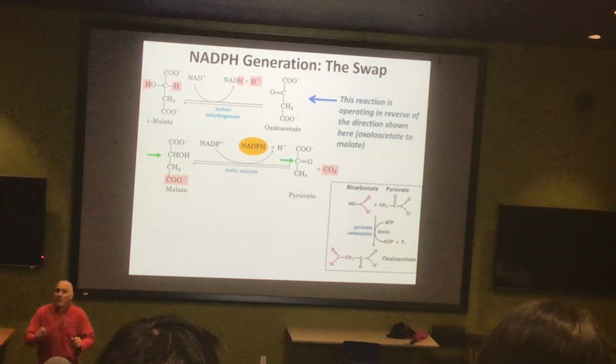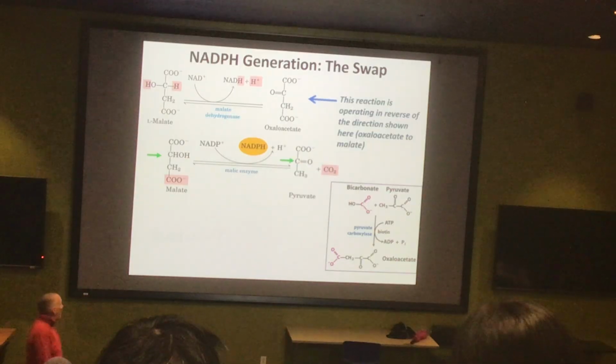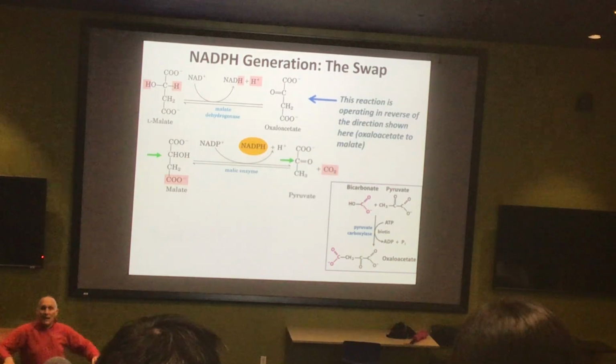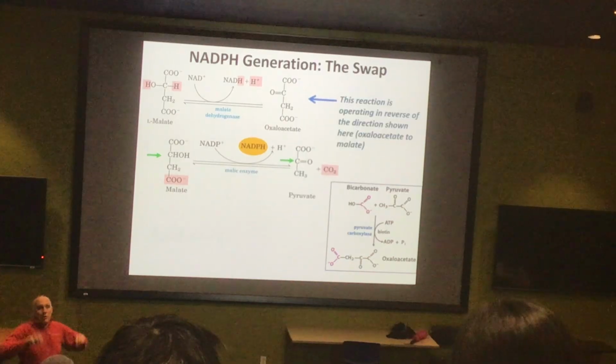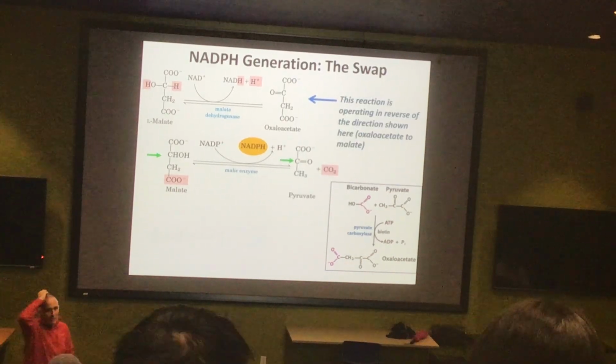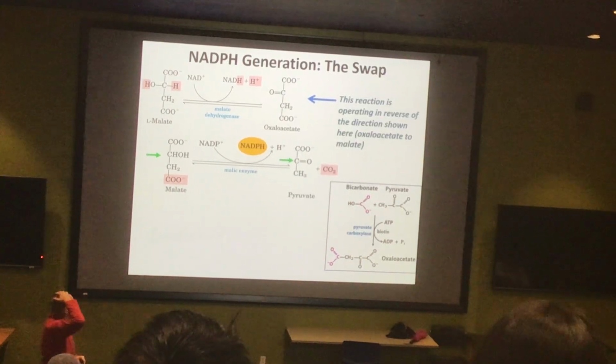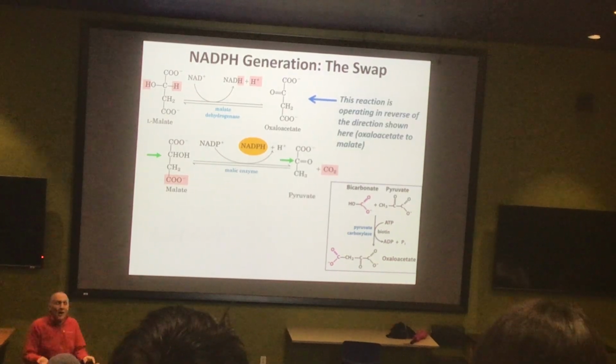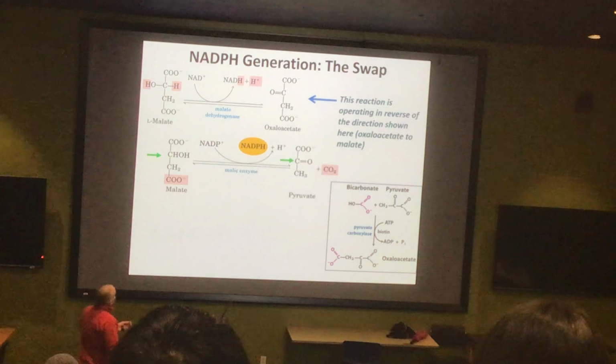Remember, I told you that the pentose phosphate pathway is not adequate enough to provide us the electrons that we need to do lipid synthesis. We're just going to come up short. I think it gives us actually about 60%. The 60% is not adequate. So where does the rest of it come from? Well, here's where it actually comes from.